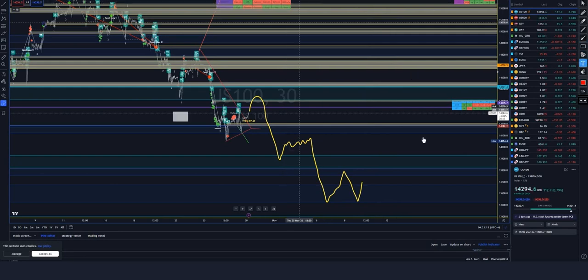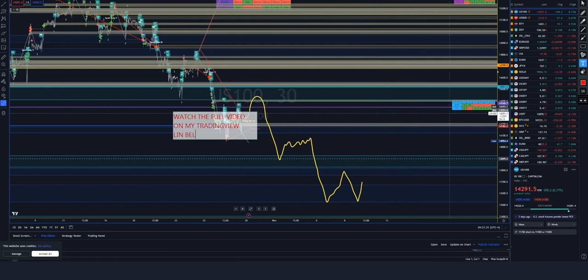99% the fundamentals, 1% technical analysis. We wait then for NASDAQ to leave this channel. We will possibly have a consolidation here. The longer that consolidation takes, the more dangerous it becomes again for